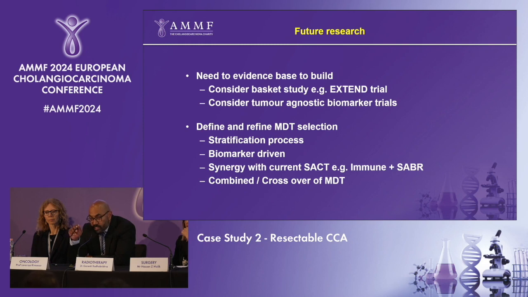although they are directed at perhaps biomarkers. So if they have a specific biomarker, for instance, if they may be suitable for immunotherapy, there's a huge amount of interest in using immunotherapy or even immunotherapy plus SABR or even HIFU. So this is an area of significant interest, and we need to evolve and develop these trials very quickly. And as highlighted earlier, you can develop a stratification process of how you might identify the best treatment for the patient. Ultimately, it comes back to